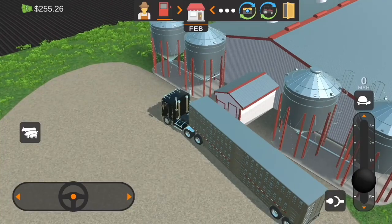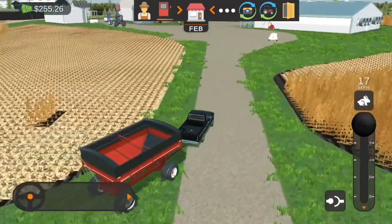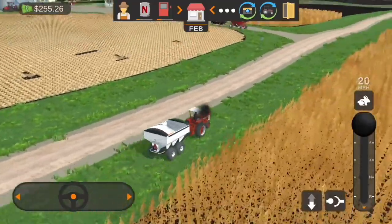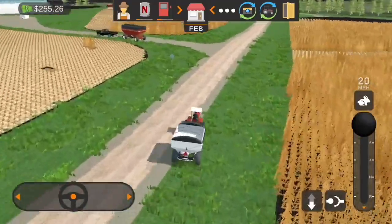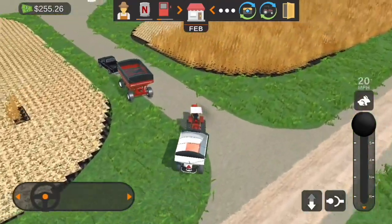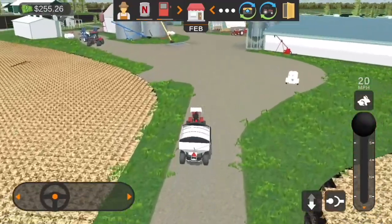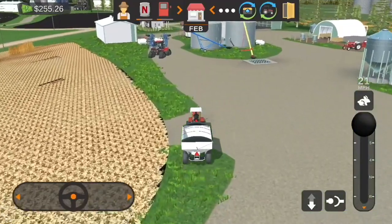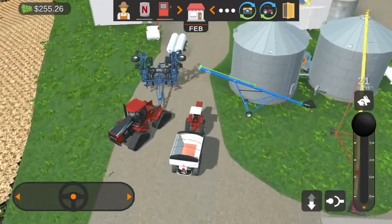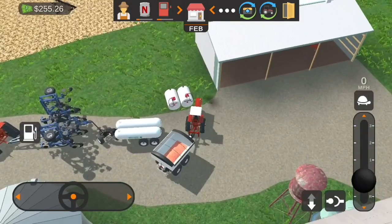Our hogs aren't quite ready yet. We'll probably need to unload him here pretty soon too, but I think we're gonna grab this tractor now. I'm kind of all over the place right now, but this tractor kind of needs diesel fuel, and so we're gonna go get it filled up. I'm not gonna pull out of the fuel trailer right now because I kind of want that to be just for emergencies if we run out in the field somewhere. So I'm probably just gonna bring it over here to the pump and get it filling up,